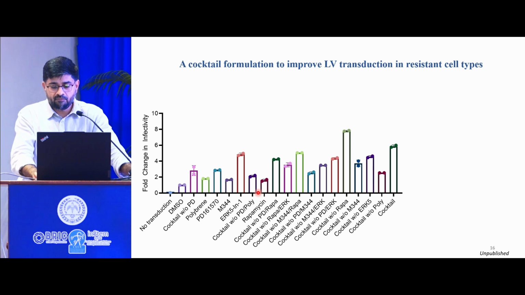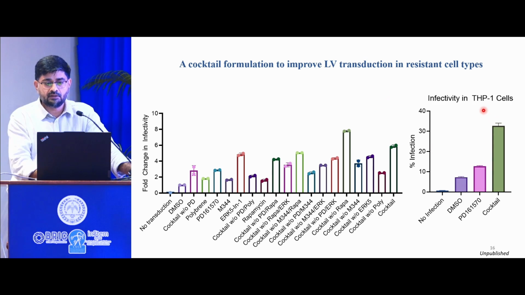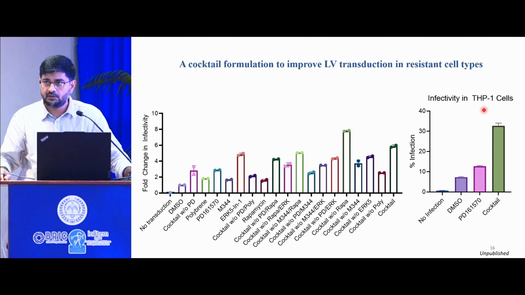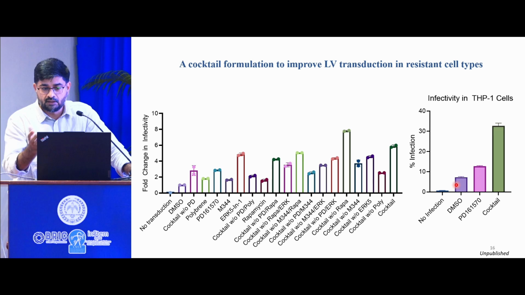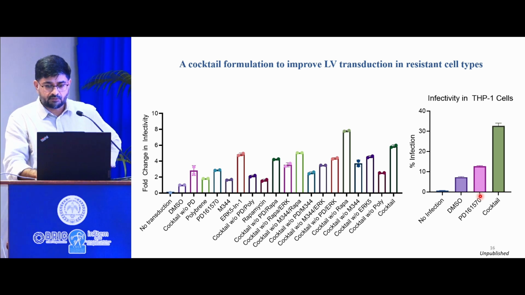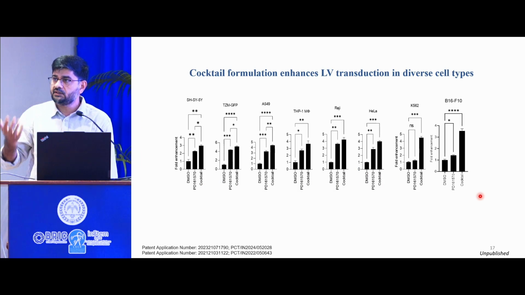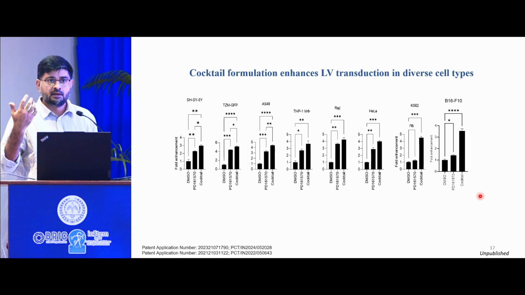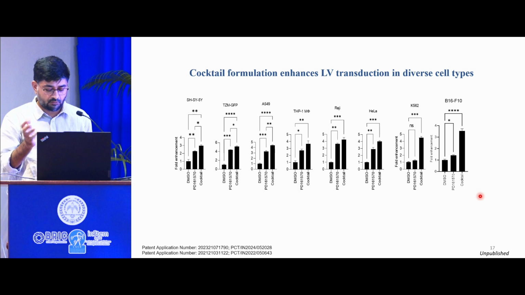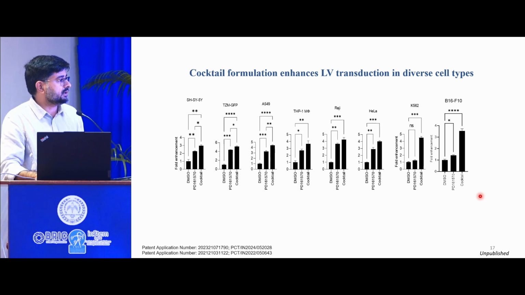So we came up with a formulation that works in very hard-to-transduce cells, and people who work with THP1 know how difficult it is to transduce with the vectors and get the efficiency. And this is at 1 MOI we are talking about. This cocktail significantly increases from here to here in terms of the number of transduced cells, and we can always get close to 100% if we increase the virus inoculum. But the point is, with the increased inoculum, you have adverse effects like activation of the TLR pathway. VSV is known to induce the TLR pathway, and these are immune cells, so they will just fire the inflammation.